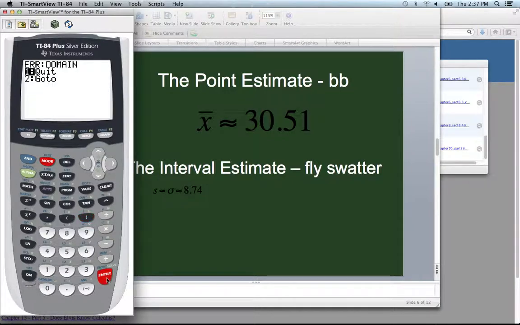And so what we end up with here, whoops, let's see, what did I do wrong? Oh, I can't put this in as a percent. I got to put it in as a decimal. 0.975. Okay, let's try that. Okay, so what it's telling me is that the actual z star value is more like